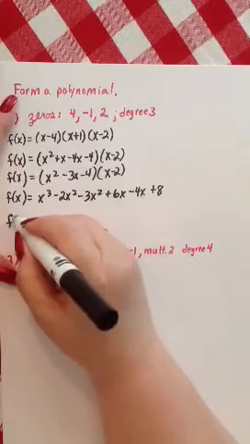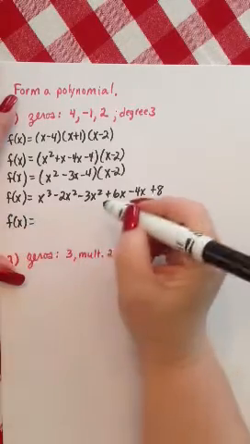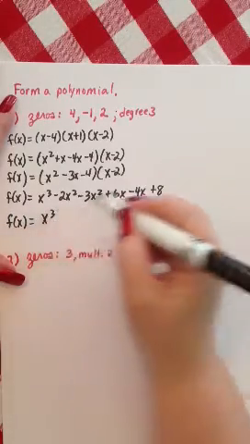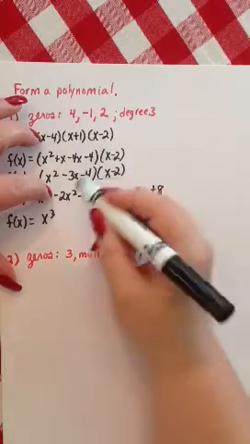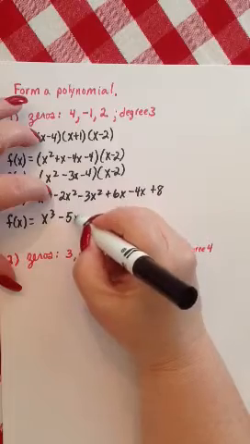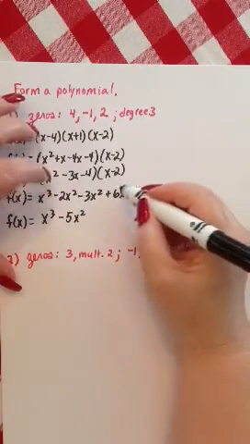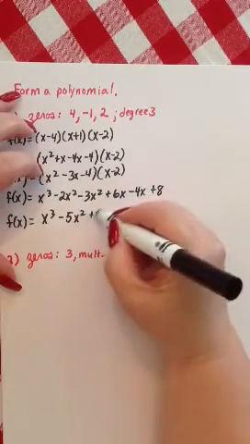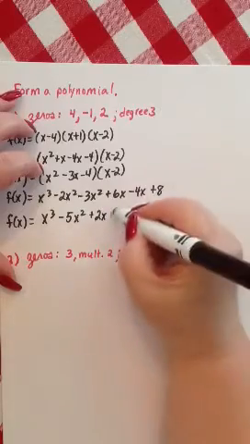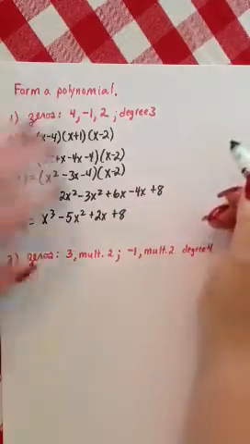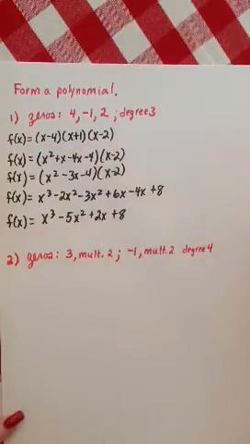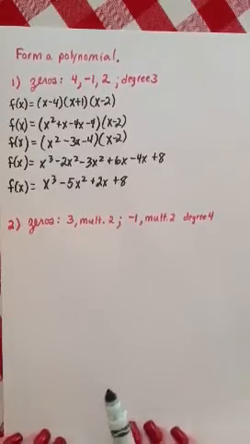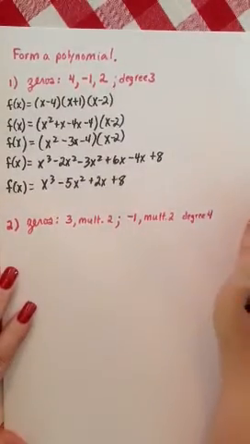Last step, I just collect like terms. So I have 1x to the third, -2x squared plus -3x squared gives me -5x squared, and then 6x minus 4x gives me positive 2x, plus 8. So there is my polynomial with those zeros and degree 3. Okay, easy enough. All right, this one is slightly different because they put a multiplicity here, and this is degree